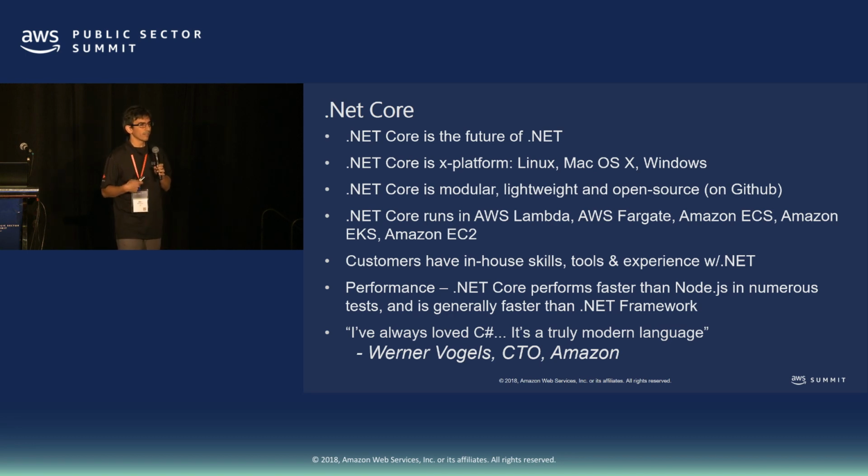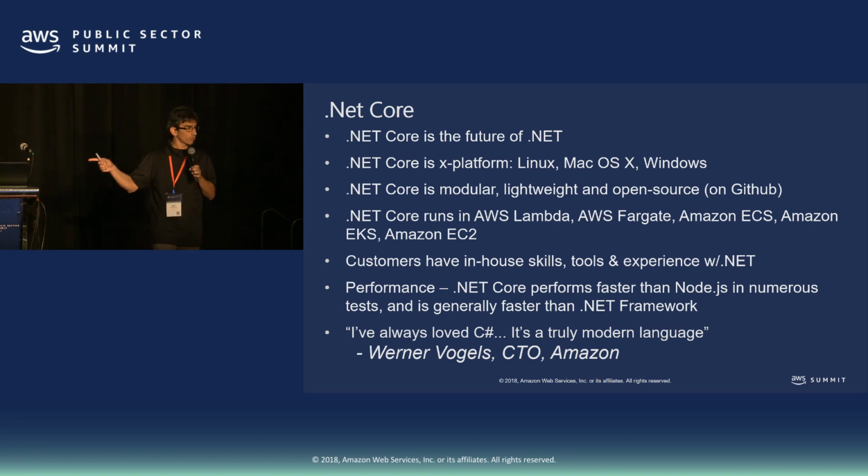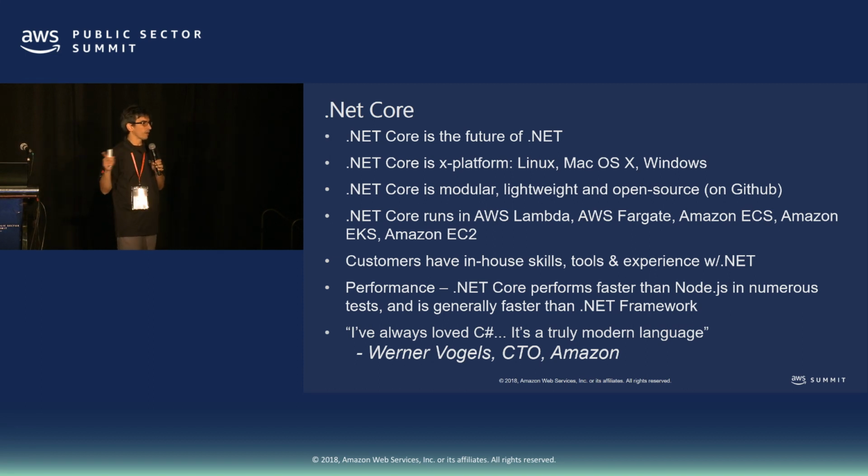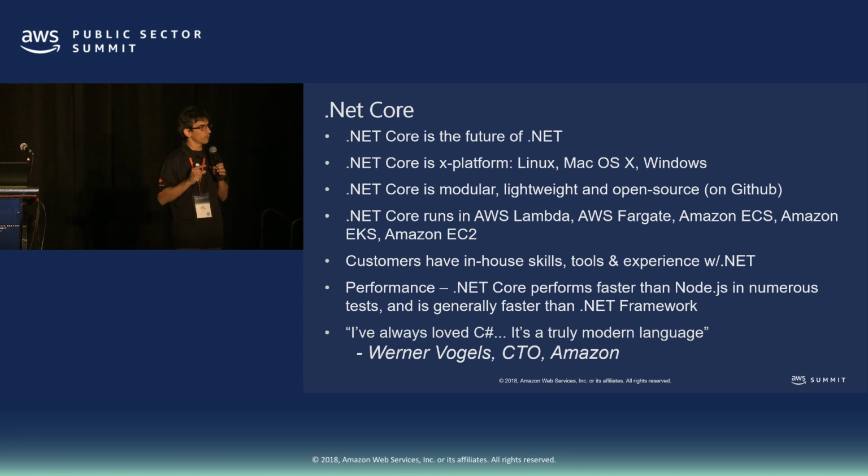Look, I have a Mac, and I'm developing that application that I've shown you using Visual Studio for Mac. I'm not using Windows, not because I don't like Windows, but because I want to experiment with a different platform for developing .NET. It's working perfectly. It's modular, lightweight. Whenever I use .NET Core with containers, my containers typically have 100 megabytes. So it's easy to replace a container when you have to update your code.